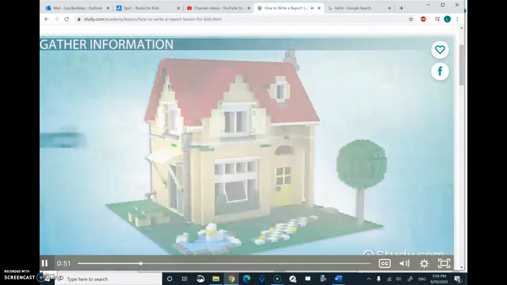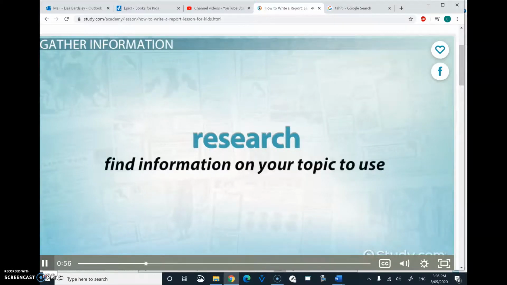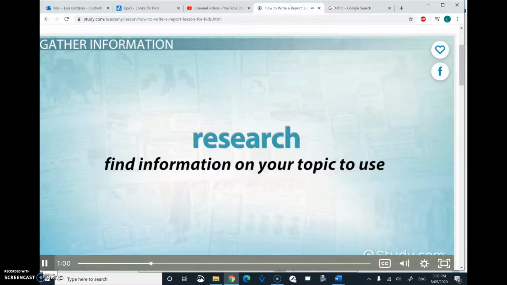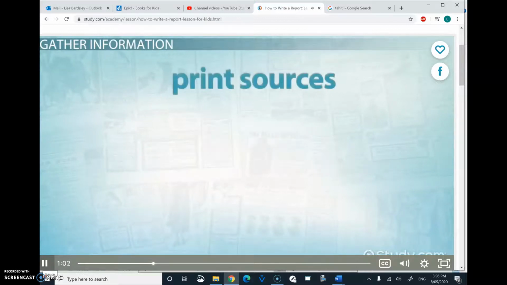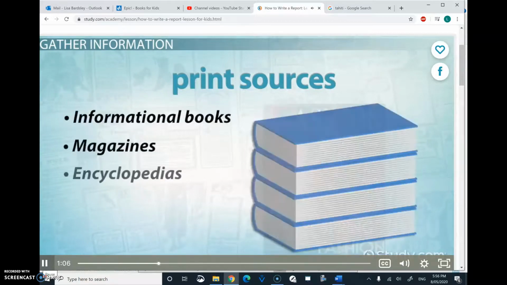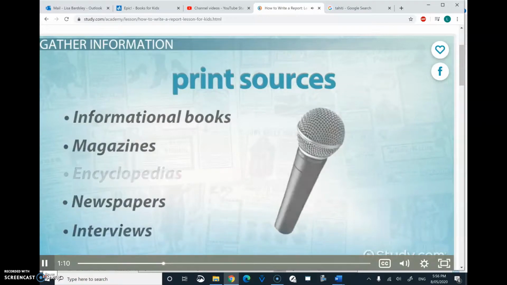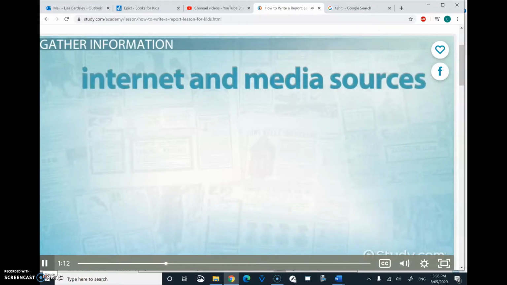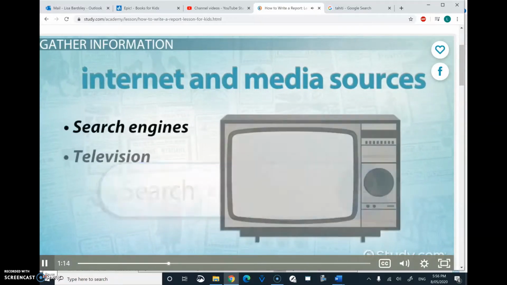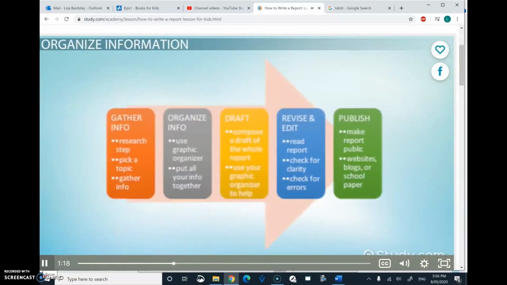For your report, you'll need to research your topic, which means you need to find information on your topic to use in your report. Two main types of research sources include print sources, including informational books, magazines, encyclopedias, newspapers, interviews, and the internet and media sources, including search engines, television, movies, music. The next step is to